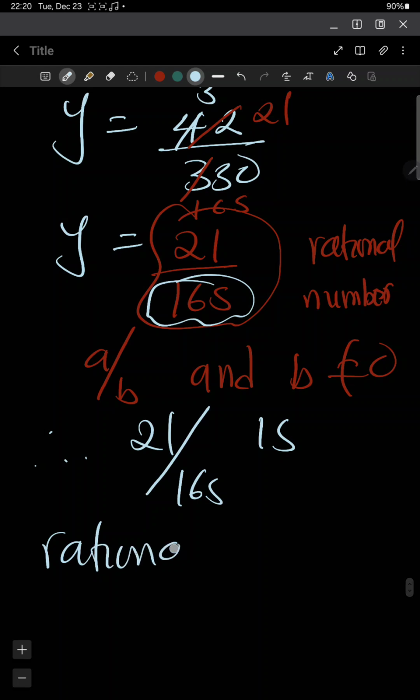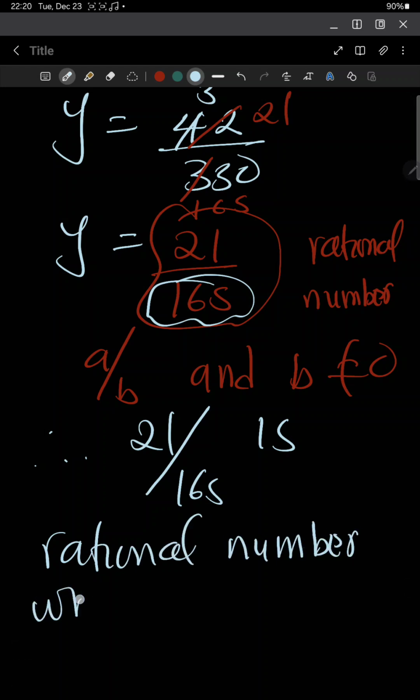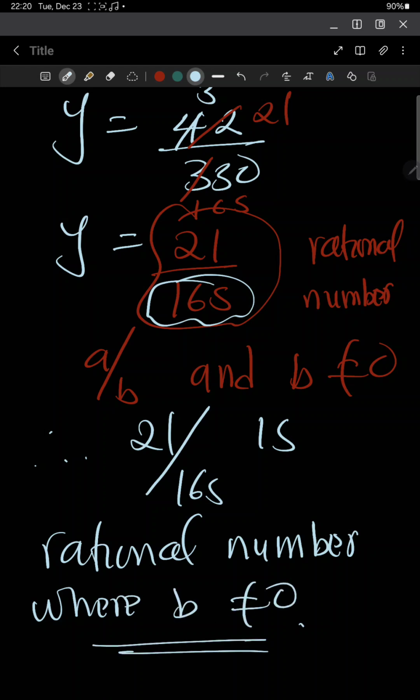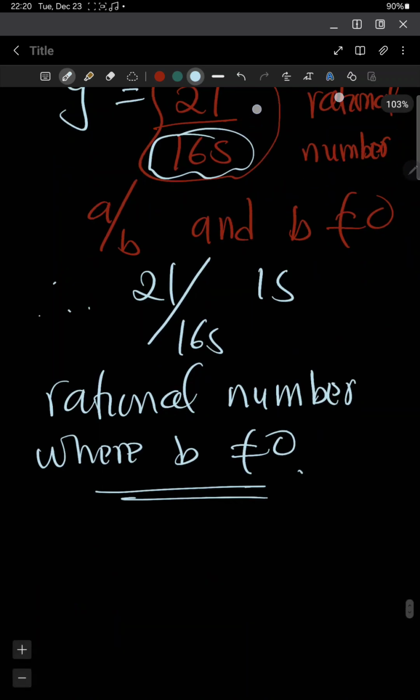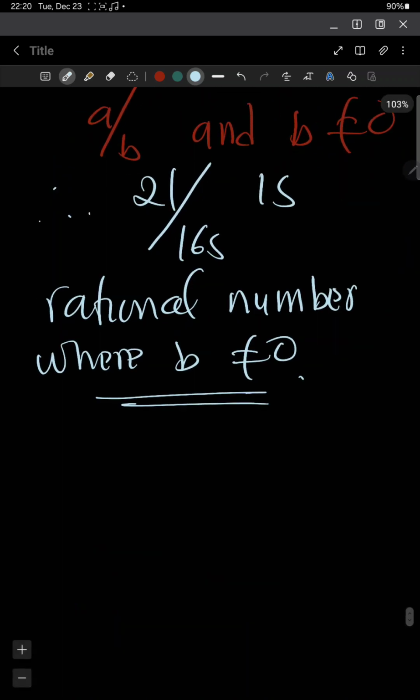Rational number, where b should not be equal to 0. That's all. So our third example on rational numbers, we have